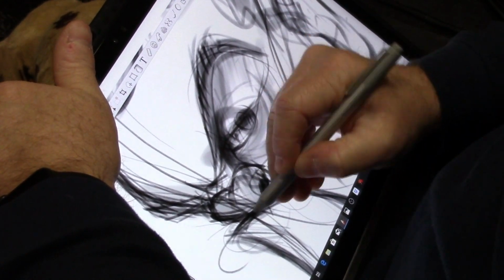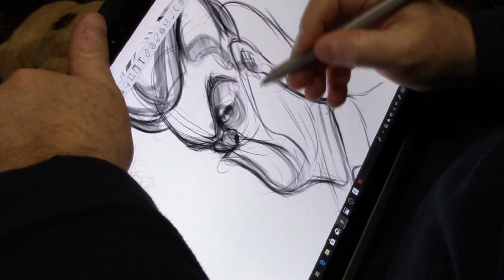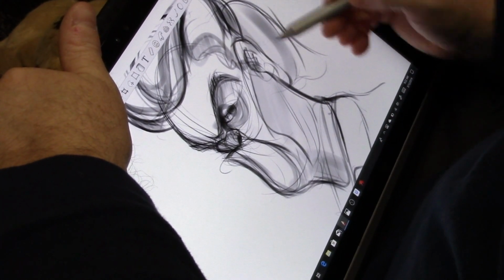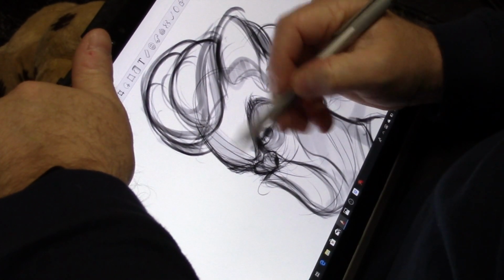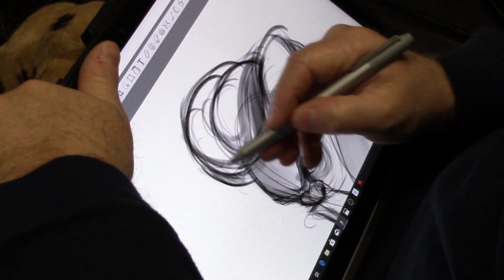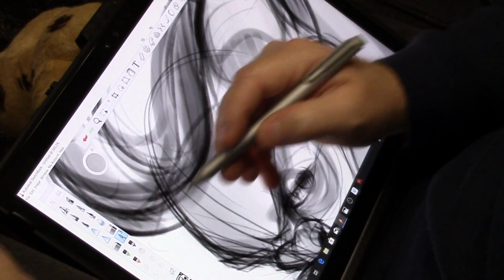I know HP, their fit and finish is hit or miss depending on what product you buy. My ZBook fit and finish is absolutely incredible, but I went to Walmart and Best Buy and some of those other places, and I saw some of the HP products and they sucked. They looked like they were going to fall apart. Same thing with Lenovo. I picked up a Lenovo laptop and it was horrid. And you're thinking, how is this going to last? But this fit and finish is bar none one of the best fit and finishes I've ever seen on a